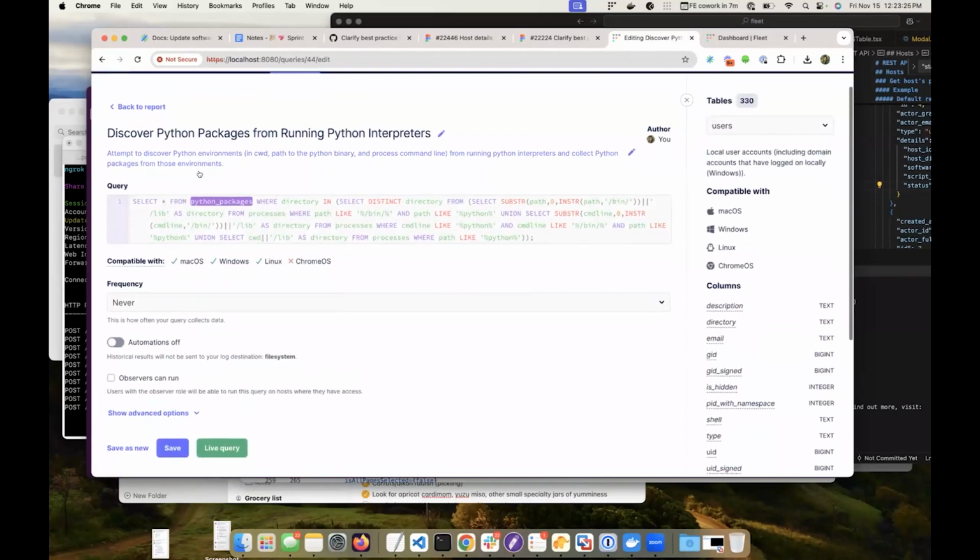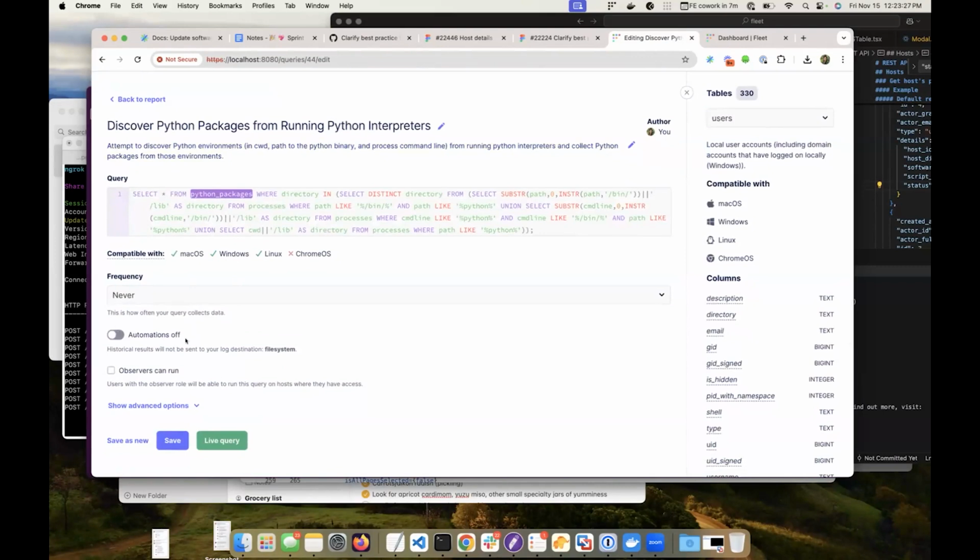You can now quickly and easily manage your automation for that specific query on the query editor page now. So if you click automations on, we see this little yellow flag here, and that's because the frequency is currently set to never, meaning that you're not going to be sending anything ever. So if you change your frequency to like 10 minutes,